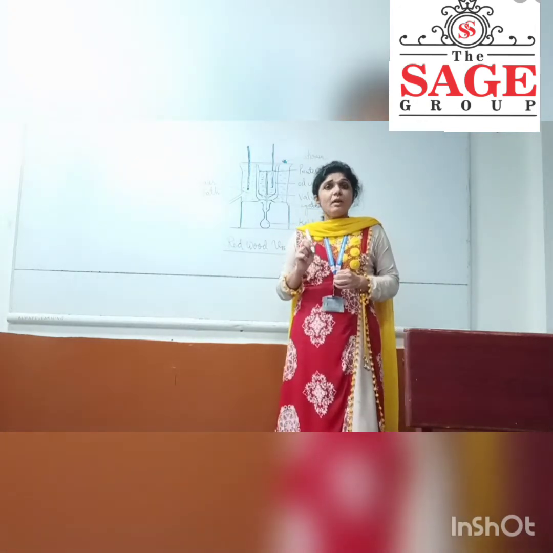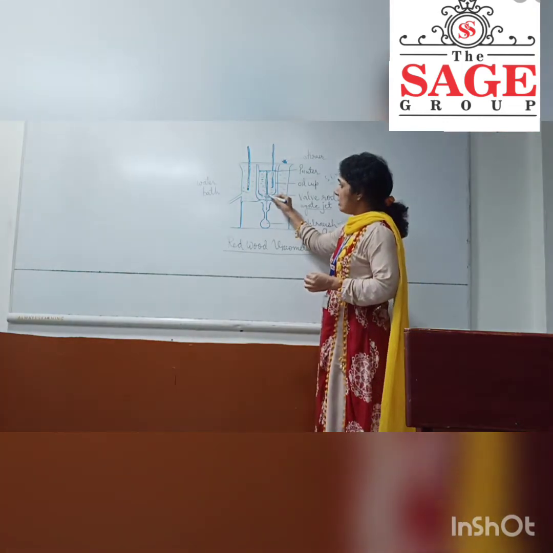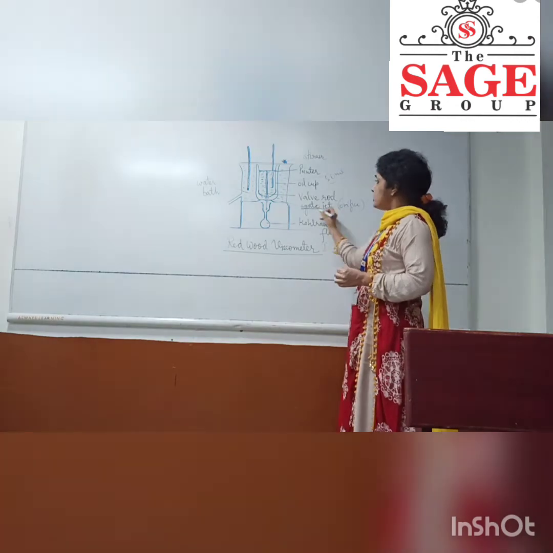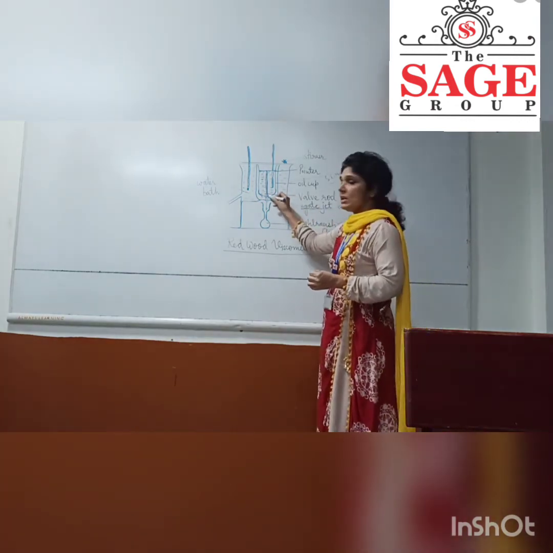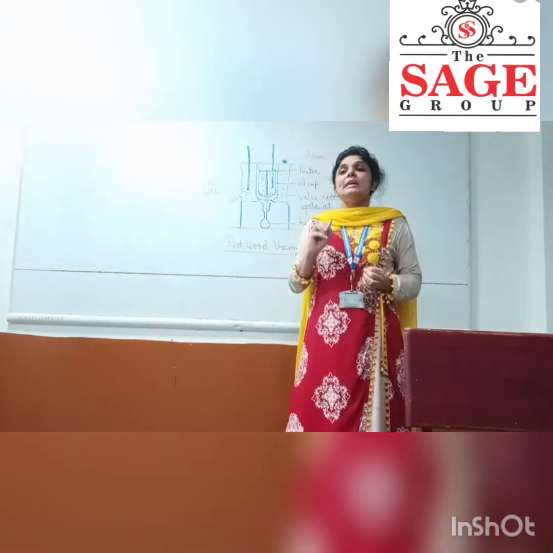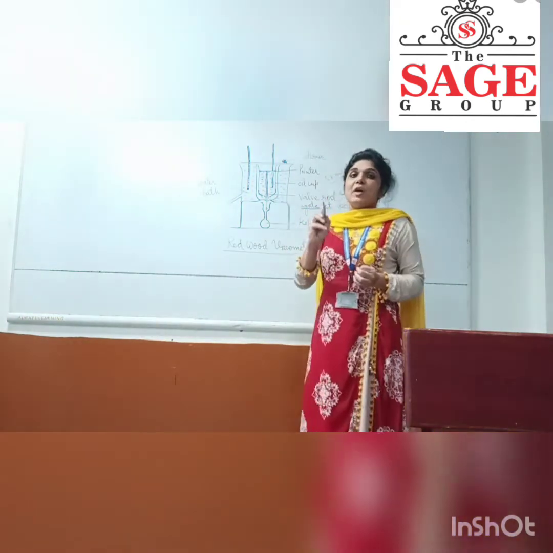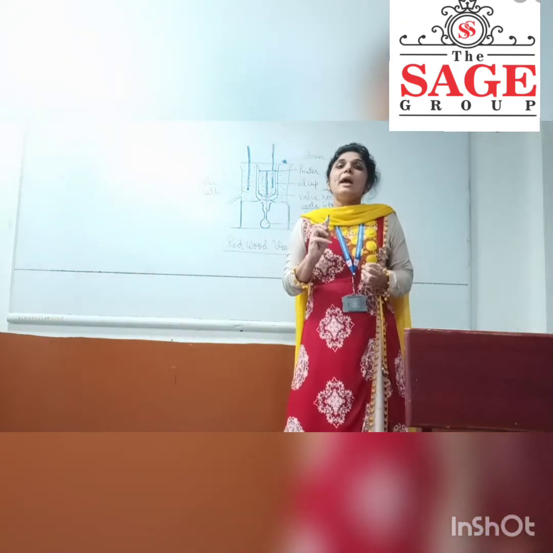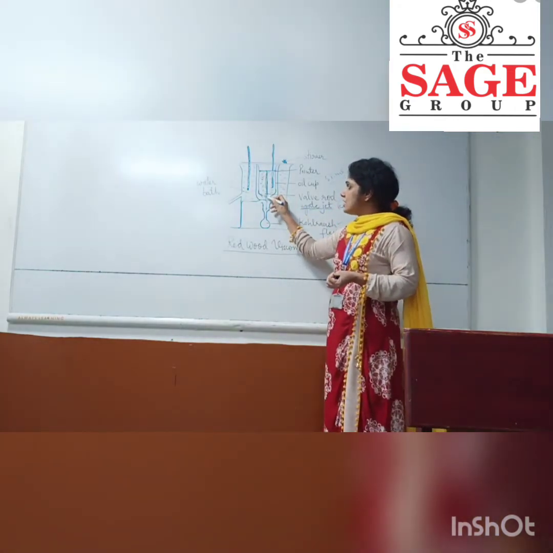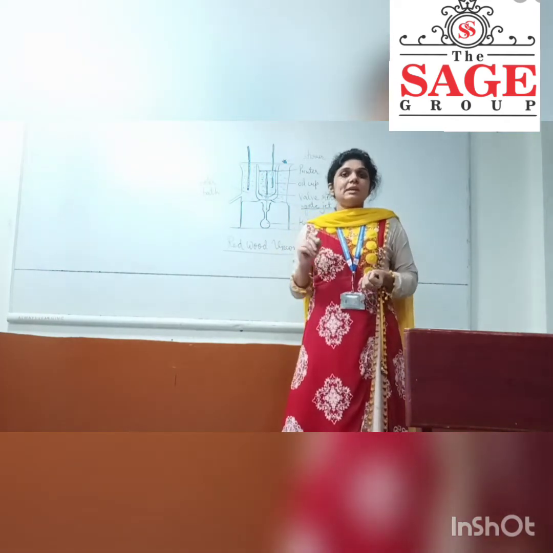And one more difference is there. I have told you about this hole, the agate jet or orifice. In Redwood viscometer 1, the diameter of this jet is 1.62 mm, and in Redwood viscometer 2 the diameter of this jet or hole is 3.8 mm. This is the second difference.